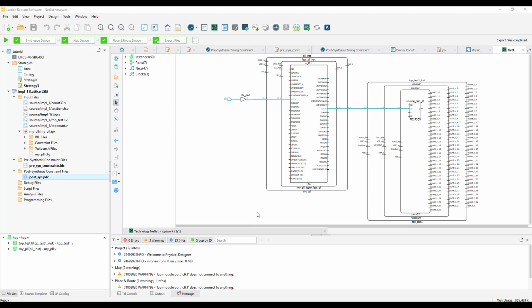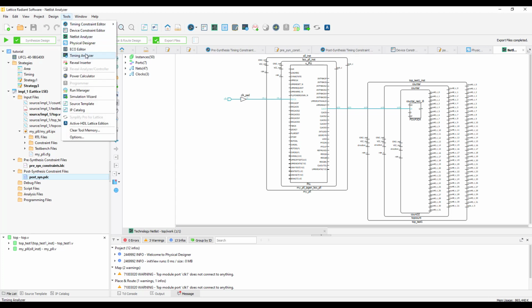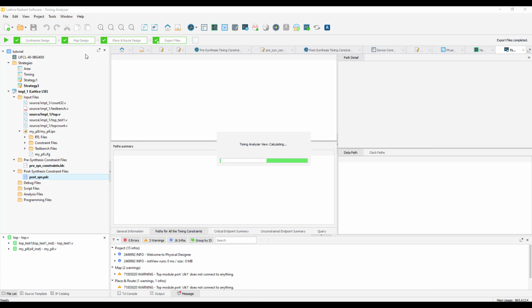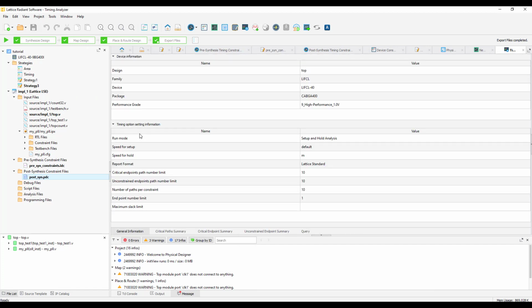Now that we're familiar with cross-probing, let us see how to look at the timing reports in a different way. We can use the Timing Analyzer tool that comes along with Radiant. To open Timing Analyzer, go to Tools, Timing Analyzer. This Timing Analyzer is a different way to look at the place and route timing analysis that you might find easier to read.